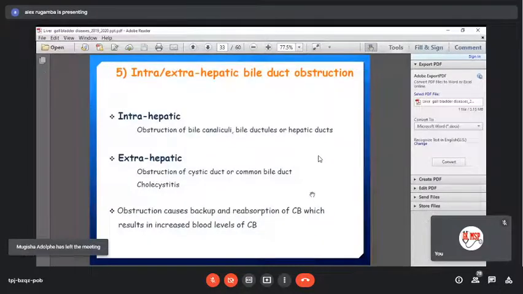Okay, then let's see what intrahepatic and extrahepatic bile duct obstruction are. So the problem may be intra or extra. If it is extra, then there is obstruction of the cystic duct or common bile duct, cholestasis. Actually, if you see this term, cholestasis,